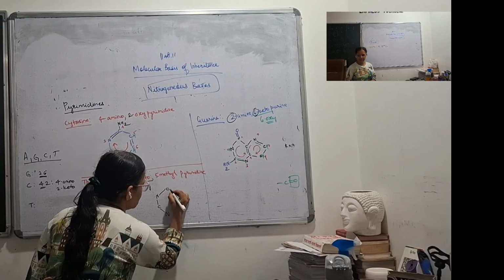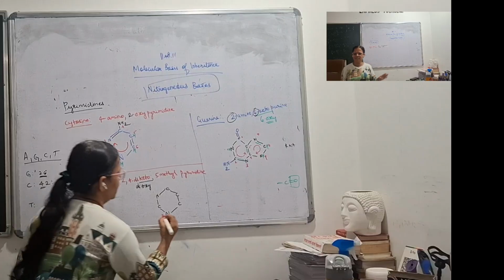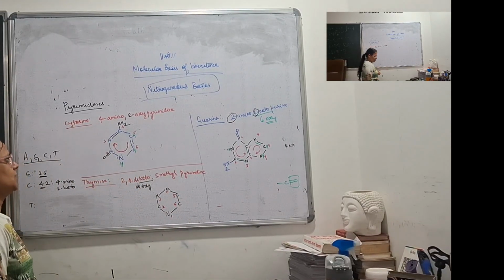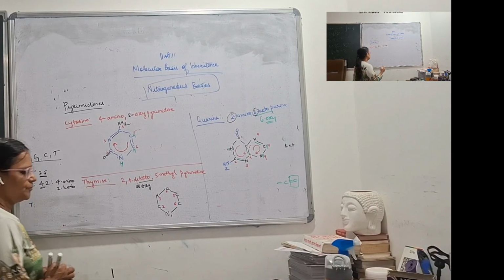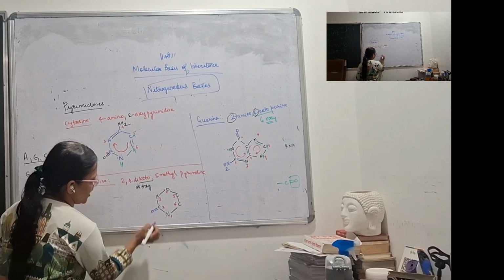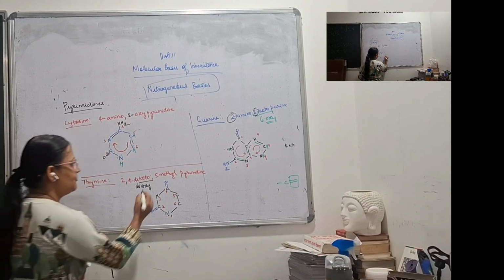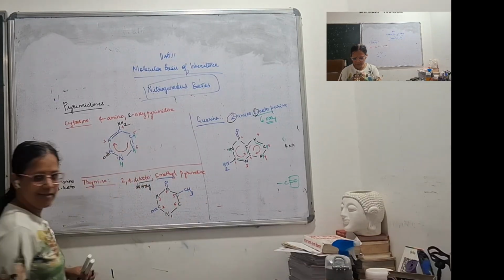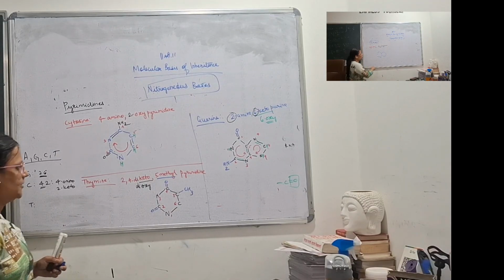Okay. And you will number the ring 1, 2, 3, 4, 5, 6. Right? As I numbered over here, in the same fashion you will number. Now let's put the functional groups. What? 2, 4 diketo. Meaning at position 2 you have a ketonic group. At position 4 you have a ketonic group. At 5 methyl. At carbon number 5 I have a methyl group, that is CH3. Right? Now once this is done, what is the next thing? After doing that, double bonds.